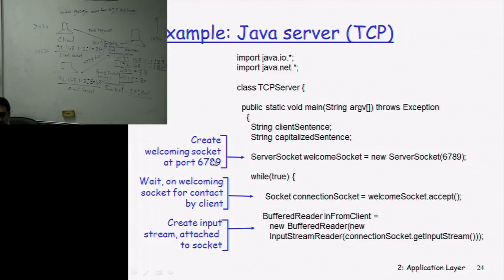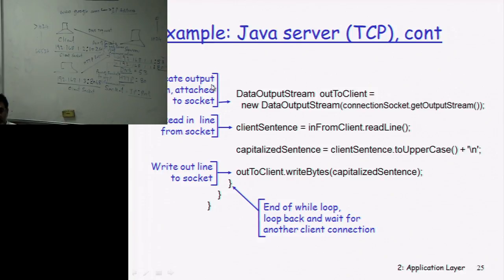It is a welcoming socket at port number 6789, which is listening. In the loop it is basically waiting on the welcoming socket, the same welcoming socket that was created already. On this same welcoming socket, the server will be waiting to receive the client requests. Once the client requests are received, it will create a stream attached to this socket and it will convert it, and then the converted stream will be sent back to the